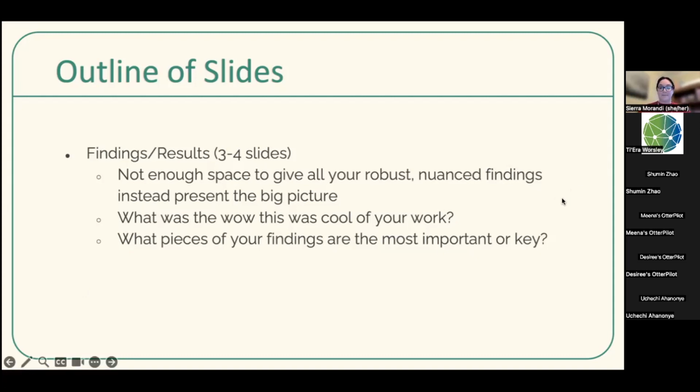And so I have always oriented to it like, well, what are the things that were the wow, this was so cool for my work, or what pieces are the most important in relation to what the literature's previously said. Maybe it adds on to what the literature said in a really nuanced and detailed way. Maybe it pushes against what we've always thought, or something big like that. And while there's not enough space to give all of your robust nuanced findings, you're really trying to paint that big picture of this is,